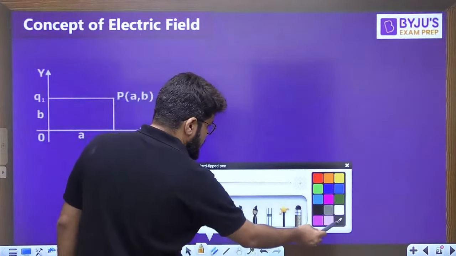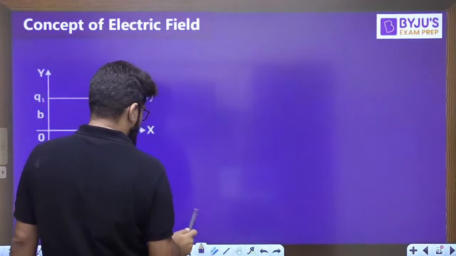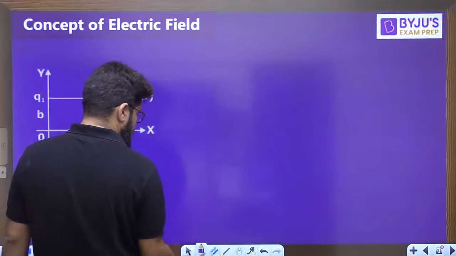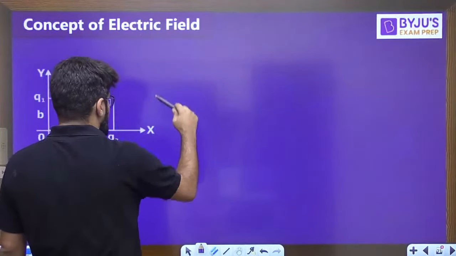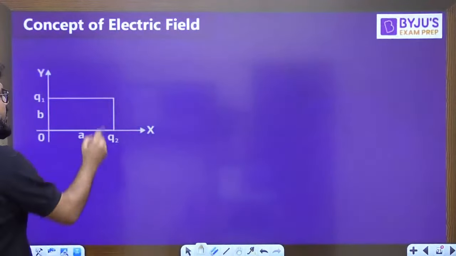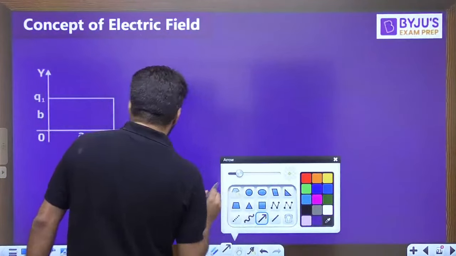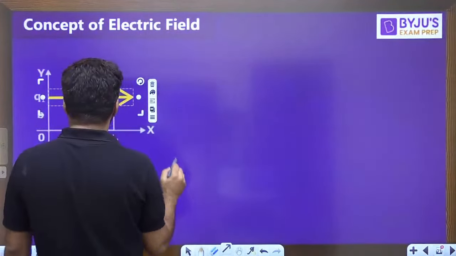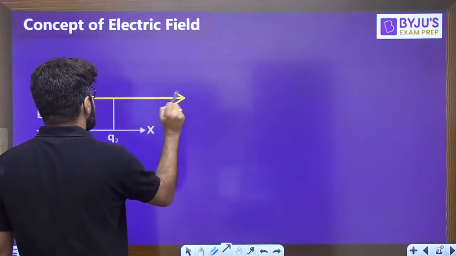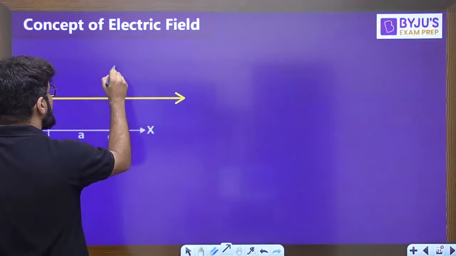Let me remove this point actually. Okay, so we are interested in the electric field at this point, right, due to Q1 and Q2. Now just see the simple diagram with me. The electric field will be there due to Q1 also. What is the electric field due to any source? It is radially away from it, especially if it is a positive charge, the electric field is away from it. What is the electric field due to Q2? It is something of this form,